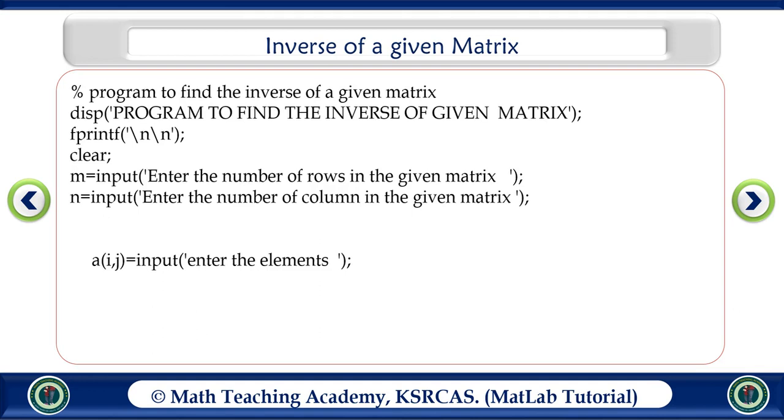Here why have we used a of i comma j as a variable name to receive the input? Because every element of the matrix is a two-dimensional element. Because the elements of the matrix are represented as A11, A12, A13 and so on. That is why here the two-dimensional variable a of i comma j is used to receive the input values. Similarly, we receive the second value, third value, and so on. So we do the same process repeatedly. That is why this statement is inserted in between the nested for loop i and j.